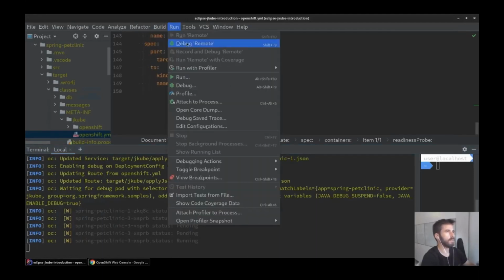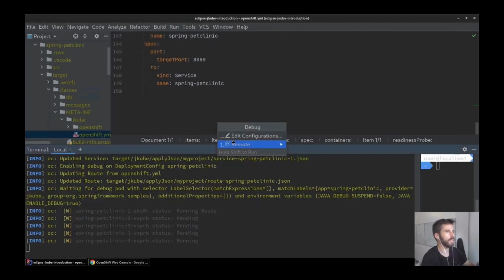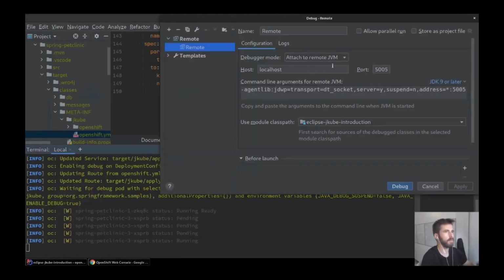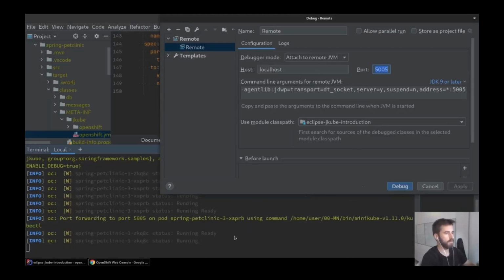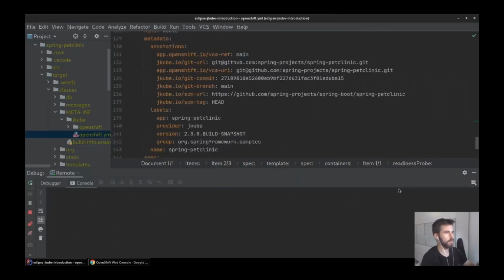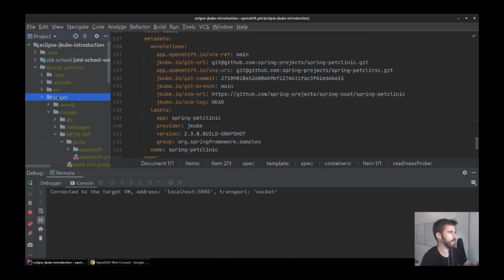In order to debug, we simply need to create a standard remote debug application. The port is the 5005, which is the standard. So again, when this pod is ready, we should be able to connect. Okay, great. So we were able to connect to the debugger, and now we can actually